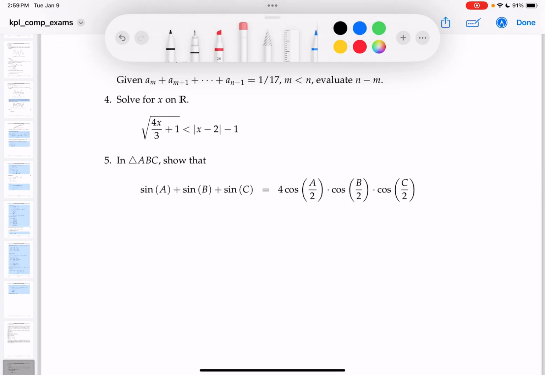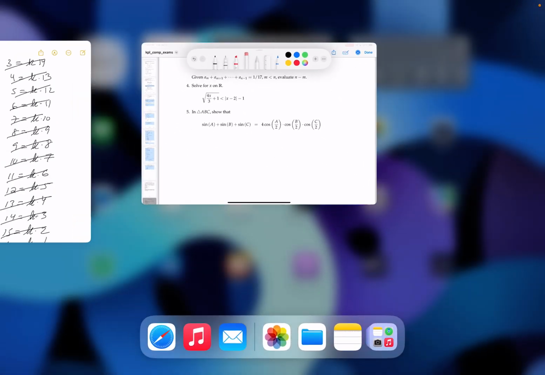Okay, for number 4, I notice there's an inequality over here, and I'm looking at it. The way I like to do inequalities, especially absolute value and root problems, is this: I know the domain of the problem, but I don't think that's really going to help me out. I think what's going to help me is if I can graph each side separately. All right, so what I want to do is go to the whiteboard,